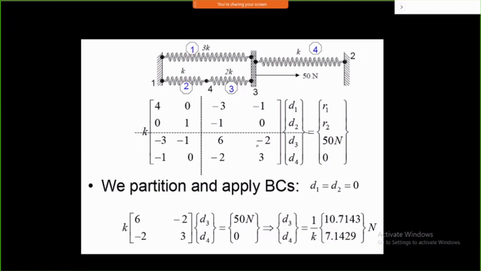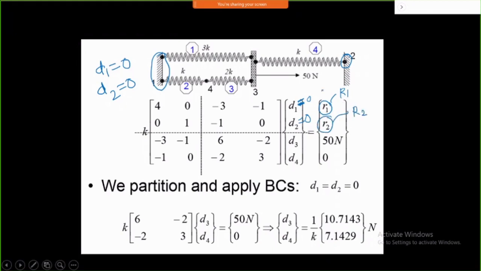Node number 1 is fixed, so the d1 value should become 0, d2 value should be 0, and these two are displacements. This is node number 2, and node number 1 is fixed. So that is what happens. Now I can have this should be 0, this should be 0, like this, wherever we are going to fix it. Applied mechanics principle tells you a reaction comes up on this. This is my reaction 1, this is my reaction 2, because they have fixed two ends. That is what is going to happen.